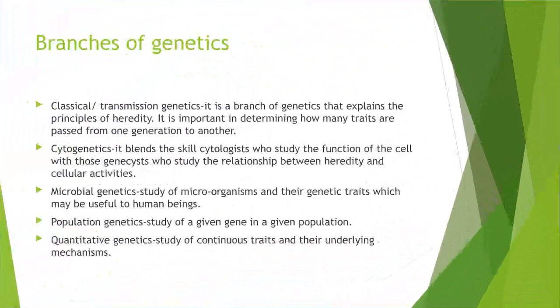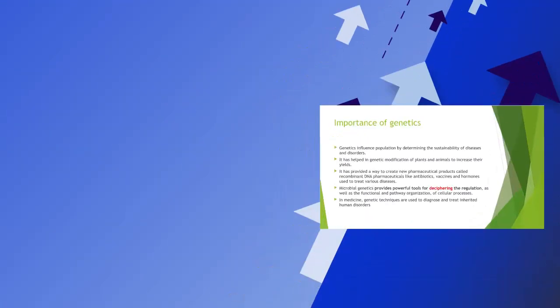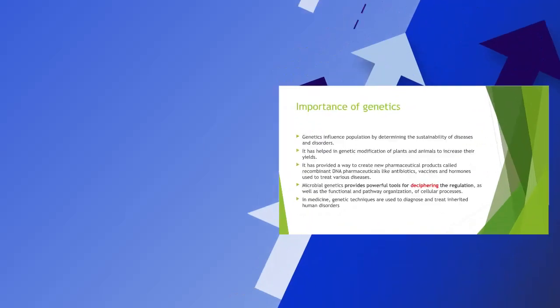The other branch of genetics is population genetics, and it is the study of a given gene in a given population. And lastly, we have quantitative genetics, which is the study of continuous traits or characteristics and the underlying mechanism. So from there, we are going to discuss the importance of genetics, and